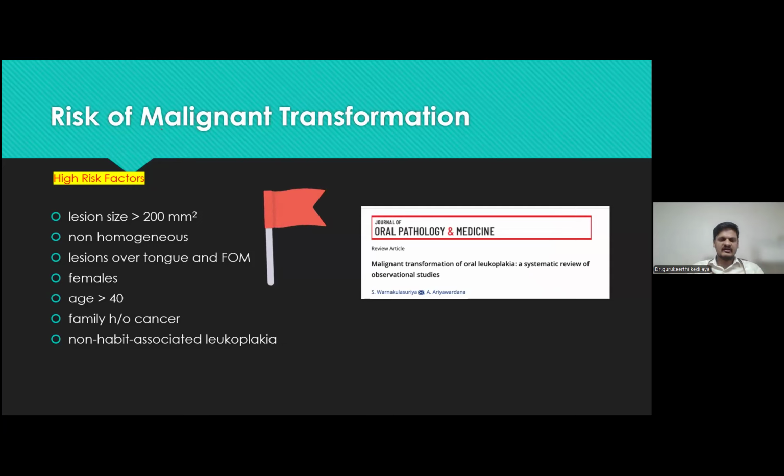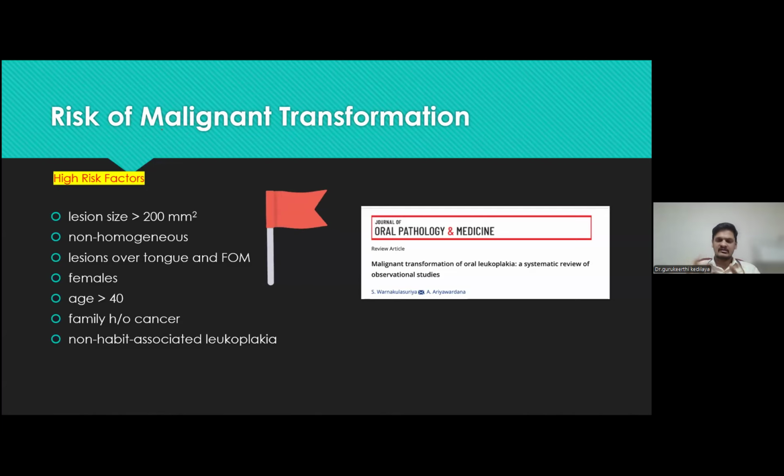So, as I said, there are certain red flag signs where we can suspect a risk of malignant transformation, such as lesions which are more than 200 millimeters square, non-homogeneous or heterogeneous leukoplakias, and also whenever the lesions are on the sites like tongue and floor of mouth, and also more